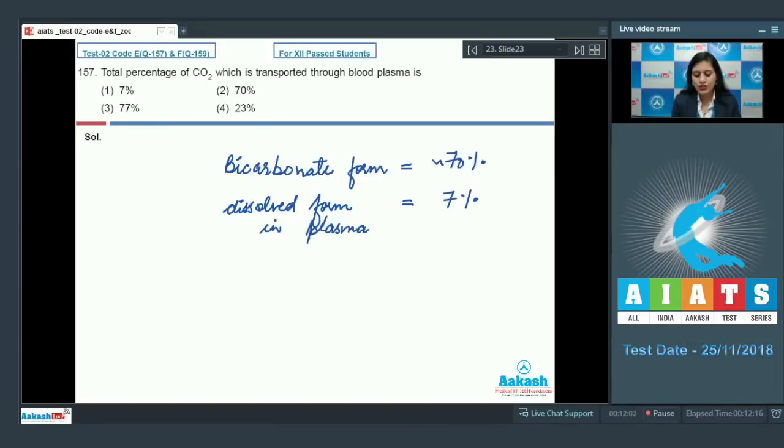So the total percentage of CO2 transported in plasma would be 77%. So the correct answer for this question is option number 3, whereas 7% cannot be a correct answer because